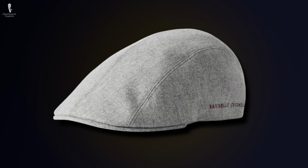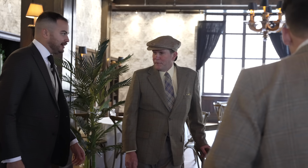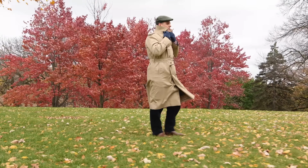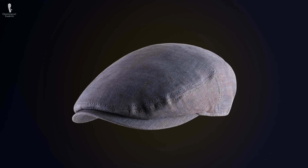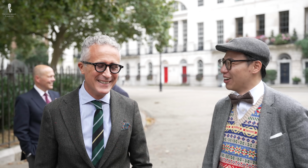For a cap, examples made from wool or tweed will be hard-wearing and durable, ideal for an array of weather conditions. One of the many benefits of caps like these is that they can take a beating or get soaking wet, but look basically as good as new once they dry out. Examples made from cotton or linen may not be quite as hardy, but will be more comfortable in warmer climates. A cap is a great hat to throw around, so to speak, and you can be less concerned about impromptu